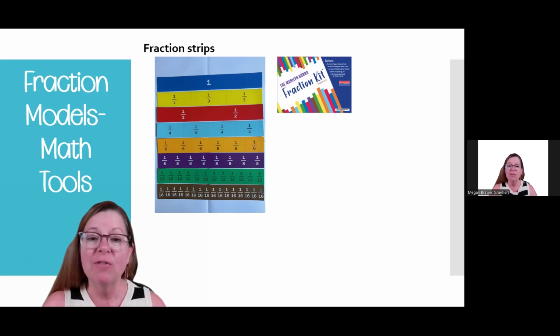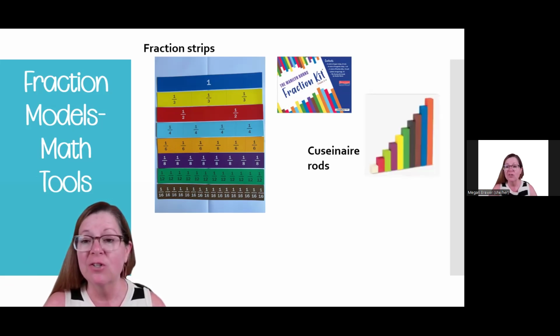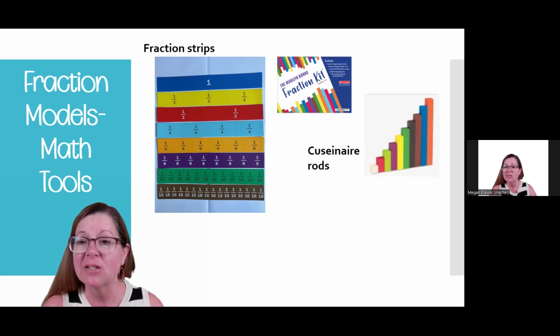Our second favorite fraction tool to use with third graders are Cuisenaire rods, because they can be used to represent that area region model, but they can also be used to represent that measurement model of fractions. Now, these wooden rods are strategically and purposefully created to represent fractional relationships. So, for example, I could say to my class, let's say